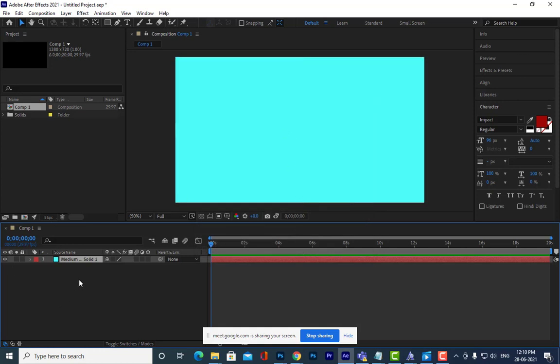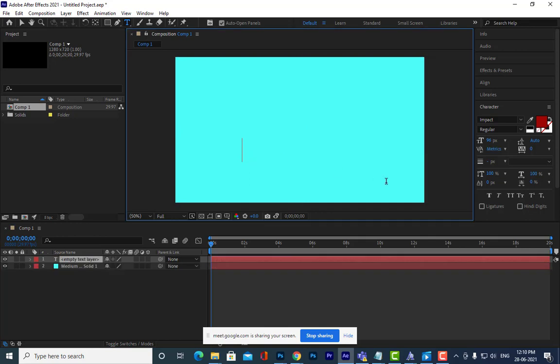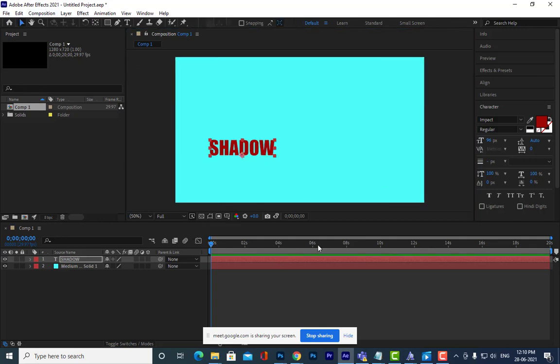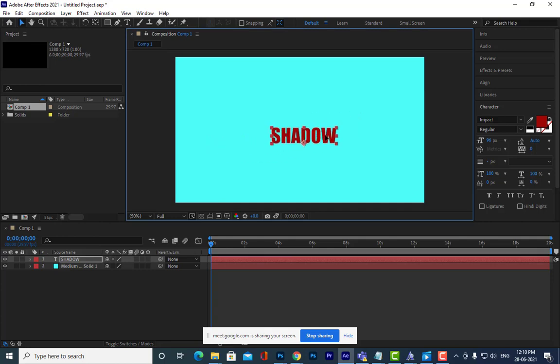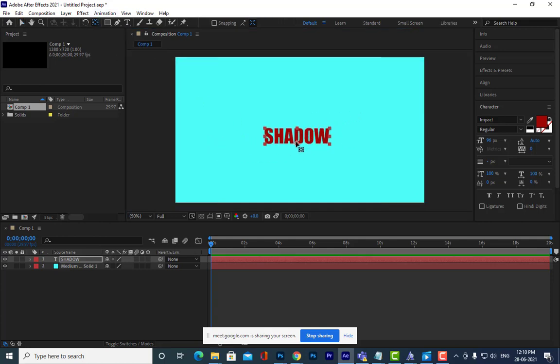Okay, so let us take a solid here. We'll take a solid and make it as a composition size, and let me create a text here. And then turn off the caps lock. See, always turn off the caps lock.